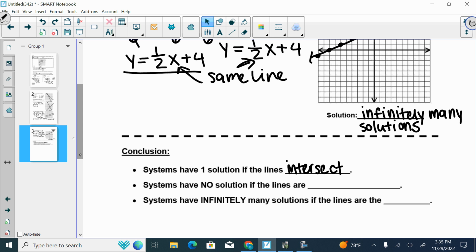Okay, on number 4, on that one we said there was no solution. What kind of lines did we have on number 4? Parallel lines. So if you have parallel lines, your answer will always be no solution. And when we have infinitely many solutions, what kind of lines did we have? The same line. Good. The lines are the same. So if your lines are the same, it's always infinite. If your lines never touch, your answer is no solution. Otherwise, it's just a